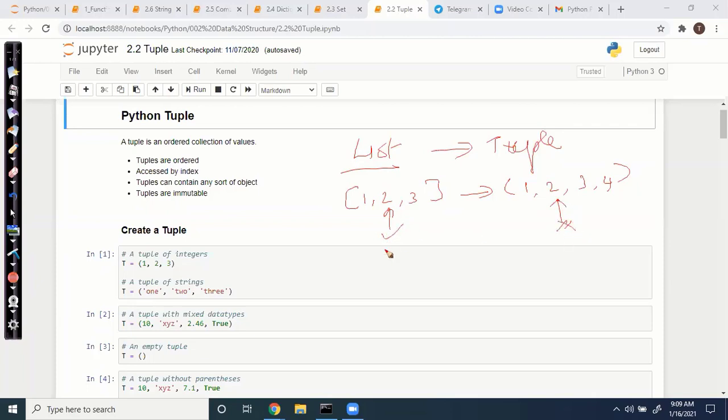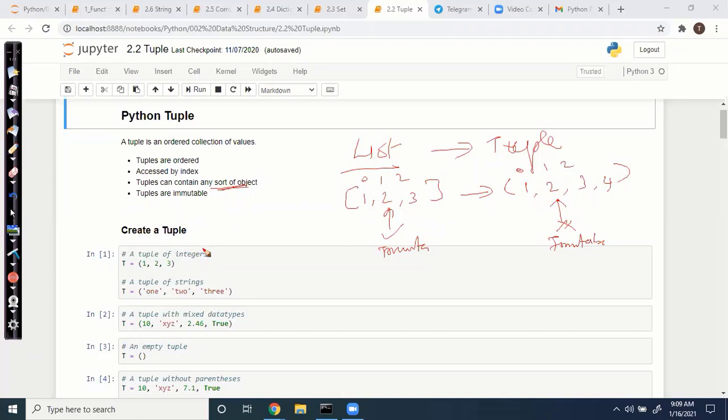That is called mutable. This one is immutable. Otherwise both are the same. This is also ordered, so it has an index. This is also ordered, it has an index. Tuple can contain any set of objects. List is also like that.